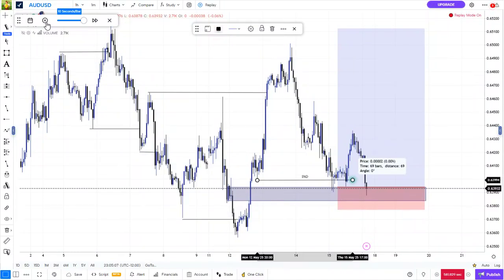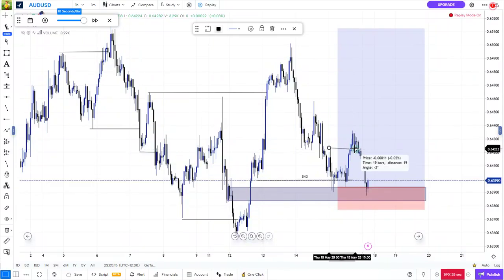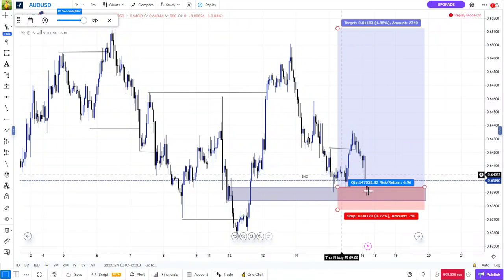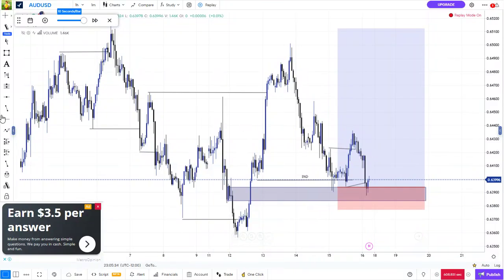So this was where we were supposed to have had our outright entry. Like I said, my entry strategy was structure shift, which is structure shift here. This was a structure shift. This is the inducement. You can see it very well. This is an inducement level. Price broke the inducement level, tapped into an area of efficiency, and this was where we were supposed to have taken the trade from, anticipating higher prices,